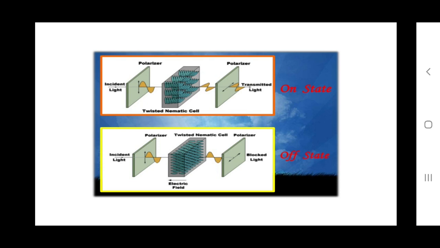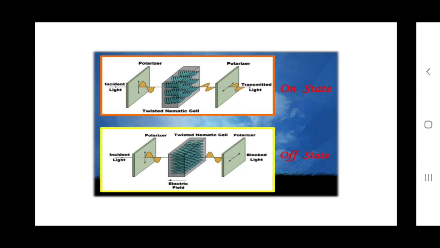So when the incident light is passed from one polarizer placed in a vertical way, and then to the other polarizer placed in a horizontal way, we can say that light is transmitted, which is called an on state. Then coming to the off state, the incident light polarizer is placed vertically, and then you can see the medium, the electronic fluid, which is also placed vertically,